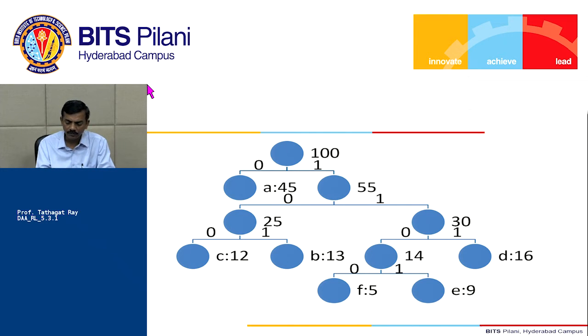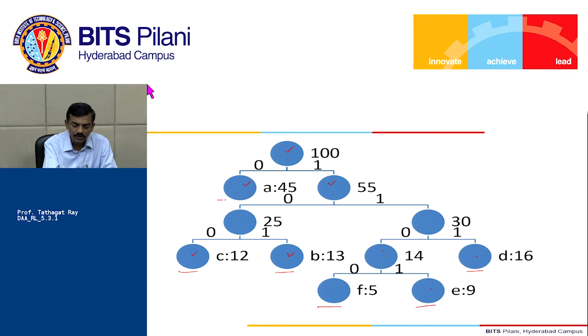So here, first of all, we have a binary tree. Every node is having 2 children. In fact, every node is having exactly 2 children, either 0 or 2. So this node is having 2 children. This node is having 2 children. This one is having none. These ones are none. So all of these leaf nodes